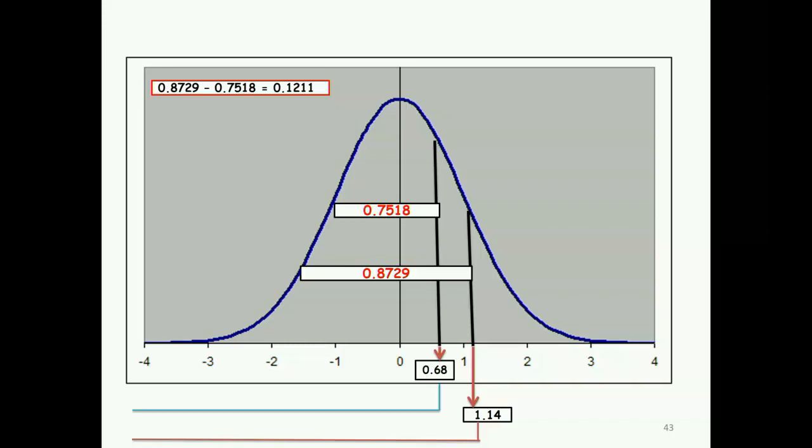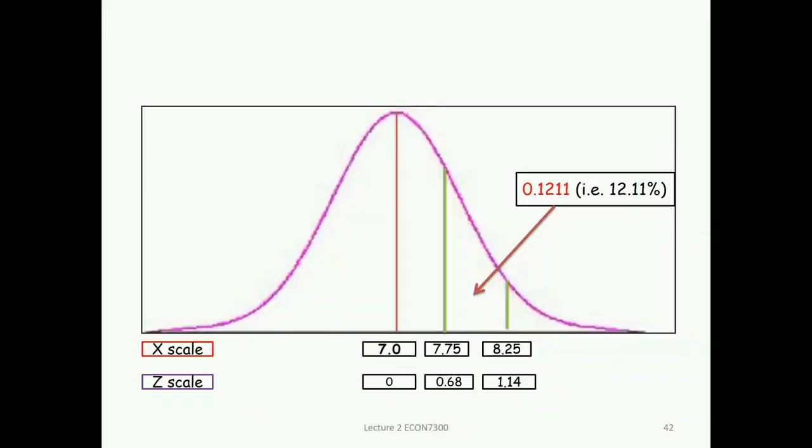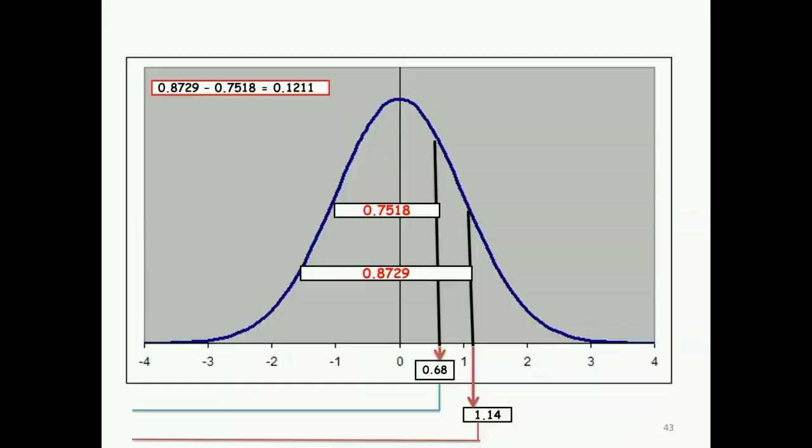Mu is given, the standard deviation is given, the population standard deviation. I have converted to the z value. This is what was given, and I convert it to the Z value. I know the middle is 0. Then these are the things that I calculate. Once I have the Z scale, that Z scale helps me to find the probability. That is the procedure that I followed.